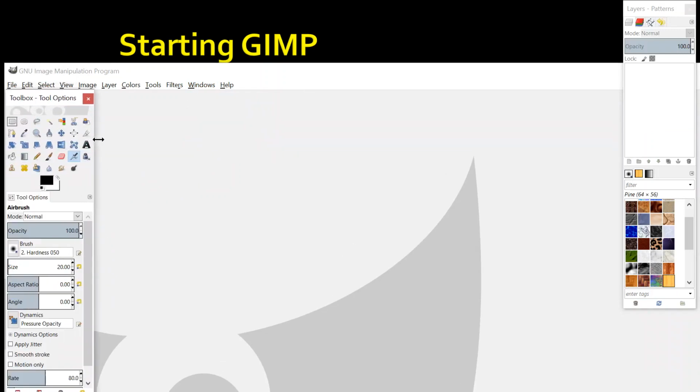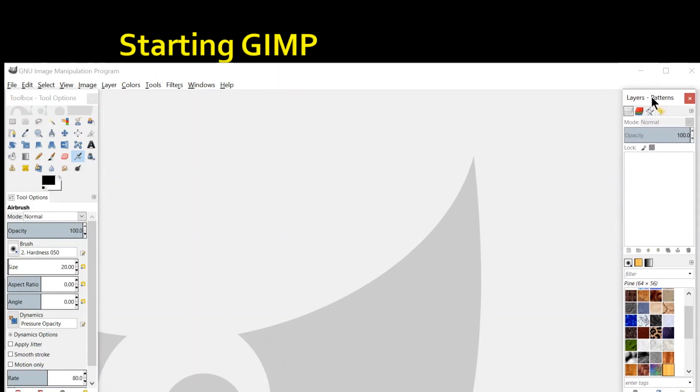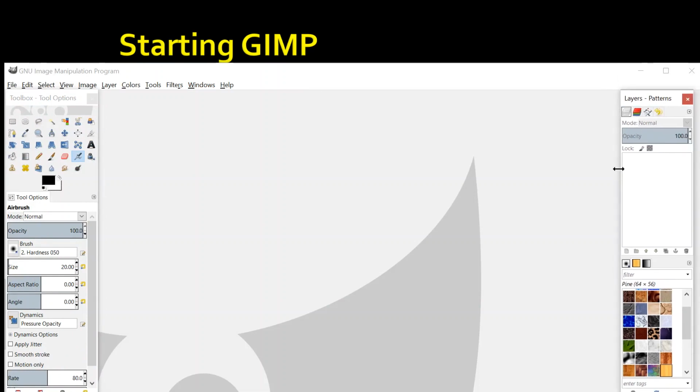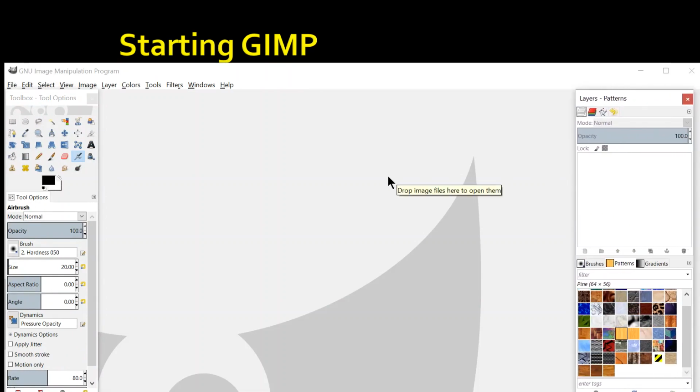This is our... making it a little larger so that it will be visible to you in a better way. Done? Now what we have done till now, only the intro we have done. Here the image will be displayed. This is your left panel with the toolbox and various other options. This is your right panel with layers and patterns. Fine. Now let's have the small intro.